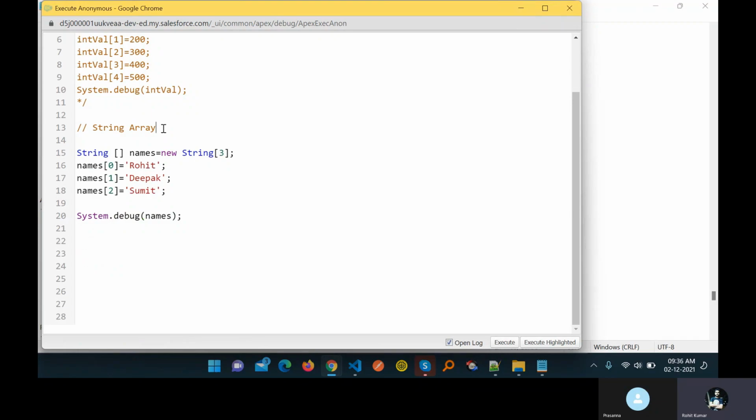You can see this is a string array. That's why I'm taking string as the data type, then the array symbol, and you can take any name here, because I'm using names here. You can use anything, this is the variable. Variable means it's vary to vary. It depends on the value, right? You can change this new string. I have the size of the array as 3. That's why I'm using 3 names here, and you can print these names here, right?